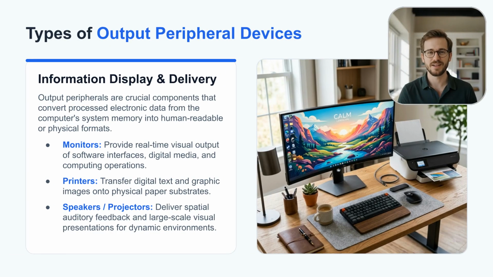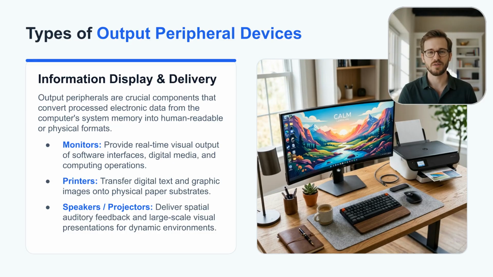Conversely, output peripheral devices convert processed digital data stored in system RAM into formats that humans can perceive or physical mediums can store. The primary visual output device is the computer monitor, which continuously reads frame buffer memory to render real-time graphical user interfaces, video streams, and application windows. Printers take electronic documents and